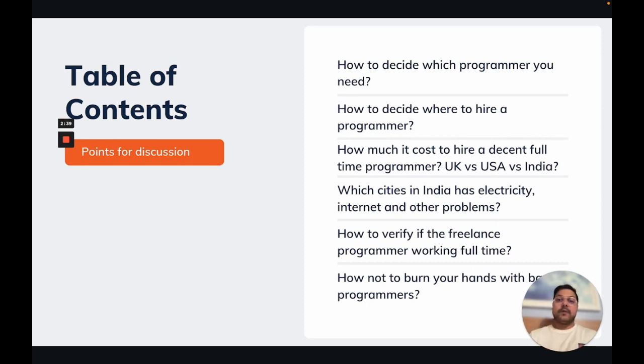Then we will discuss how much it costs to hire a decent full-time programmer, either in UK, USA, or India, depending upon your needs. And then potentially moving forward, because I am from India, I know a little bit more culturally as well as how things work in different states. I will be discussing, if you decide to go forward hiring a full-time programmer in India, what factors to consider